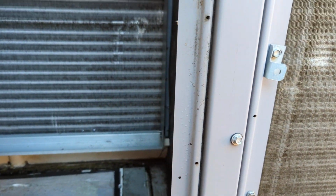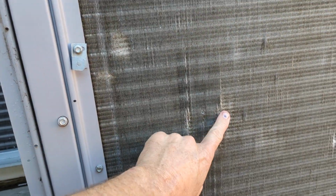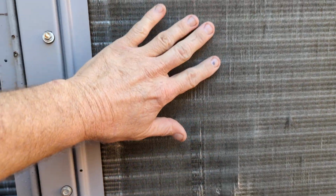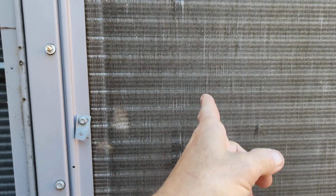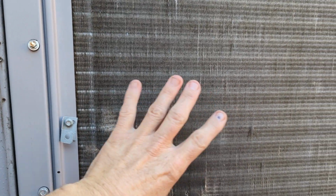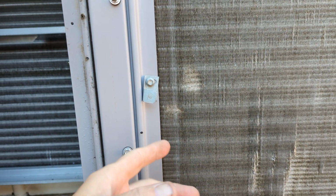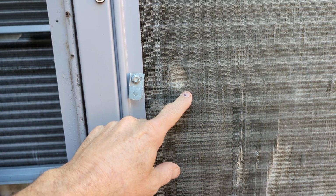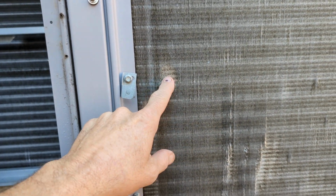Okay, I want to make a quick video on what to do and why you want to do it for your air conditioner coils. If you have coils that have damaged spots, you can see how straight these fins are, and that means the air can easily travel through it to work efficiently. But over time and use, and people bumping into it, or maybe hail, or washing it incorrectly will cause damage